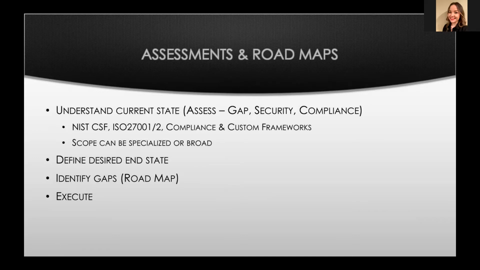And then from a risk standpoint, which I'll talk about in the next slide in a little more detail, where does our risk sit within these things? What happens is you basically get a point from where you are and where you want to be, and then you define that end state, and that gives us a roadmap. So every executive in security is working against some type of roadmap or risk register. They have a list of things that says, here's the stuff that we want to do over the next 6 months, 18 months, 24 months, whatever it is. Here's what it's going to cost us. And then continually managing and monitoring that to make adjustments as need be.